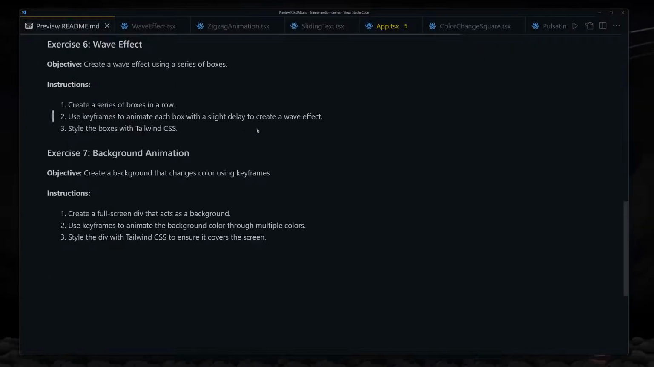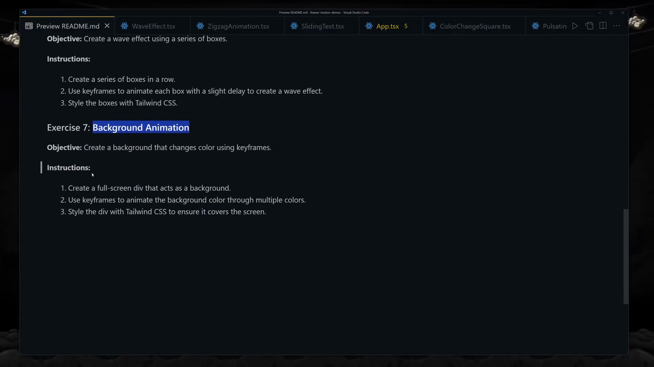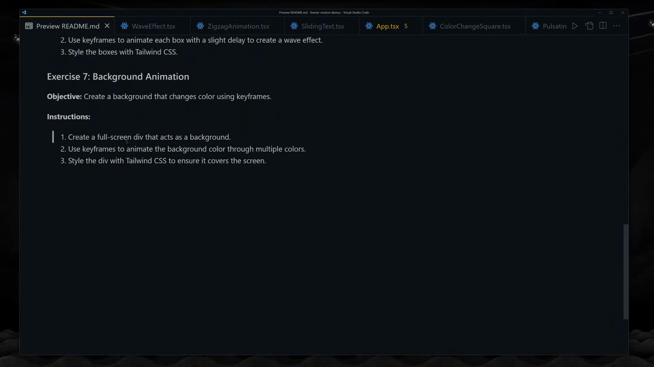So yeah, what do we have to do next? For the final one, we have to create our background animation. Create a background that changes the color using keyframes. So we have to create a full screen div that acts as a background, and we can use the keyframes to animate that background color through multiple colors. And we can style that by using either Tailwind CSS or just pure CSS to ensure that it